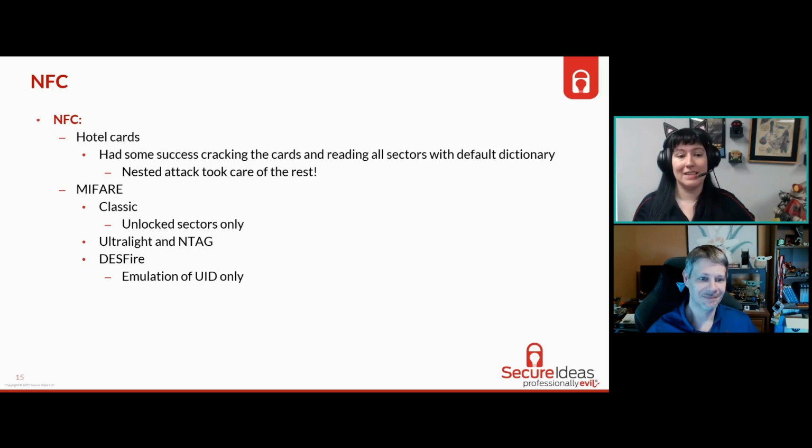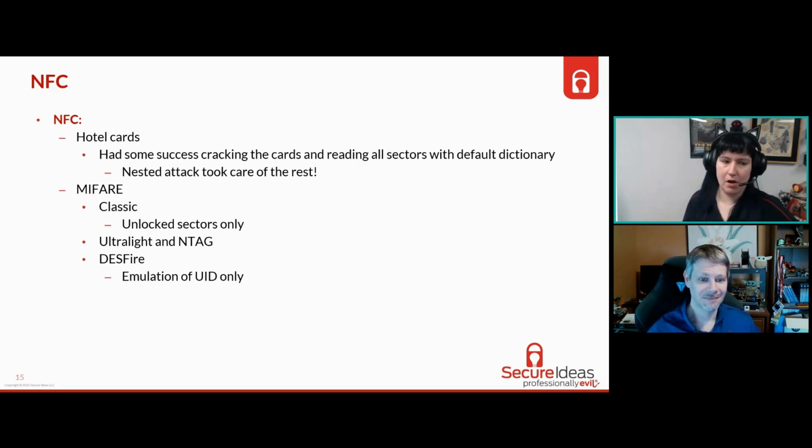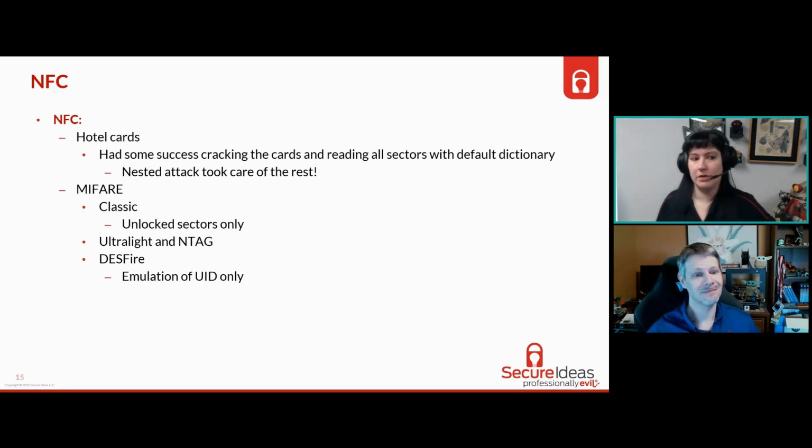Hotel cards, these very frequently are NFC. Like I said, we talked earlier about how you can use it for that. Travis mentioned that the nested attack takes really good care of this, because a big part of NFC is always going to be encrypted. For the Mifare,